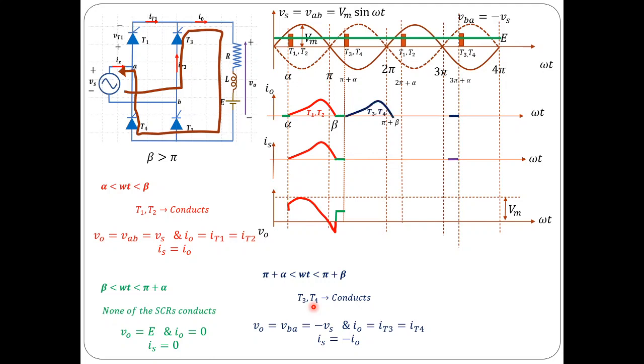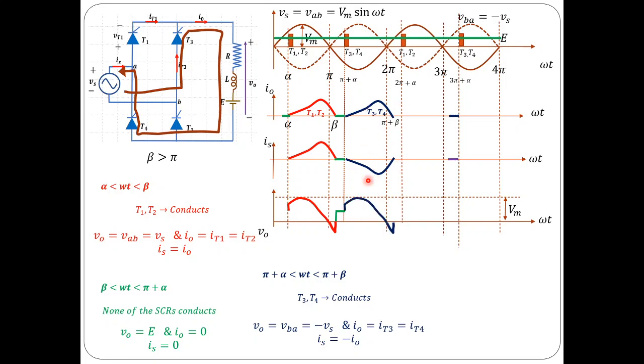Let me indicate that graphically. See here, at omega t equal to pi plus alpha, the current through the load starts rising slowly, gradually, and reaches a peak value somewhere between pi plus alpha and 2 pi, and then falls down again to 0, and it becomes 0 at pi plus beta. So before the next sequence of thyristors is fired, the current became 0, right? During this period the source current is the same as minus of the load current, so that is indicated. This is the source current.